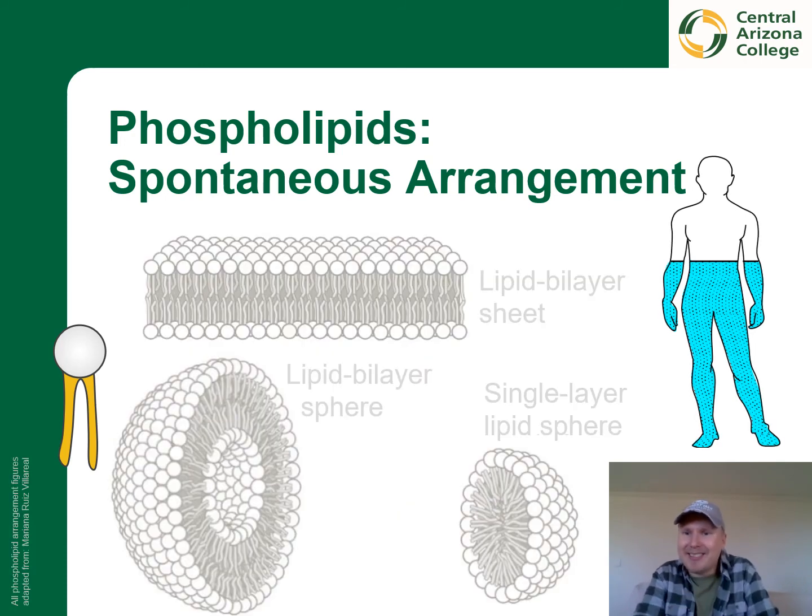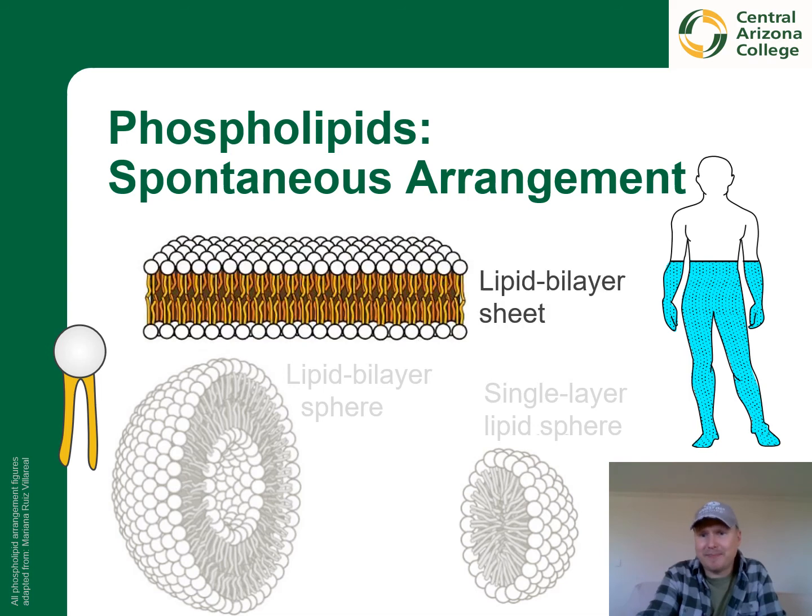And if you answered why not to have the tails facing towards each other, well done, you are onto something. In fact, this is how plasma membranes are formed spontaneously in nature. And here we see one of the most common one of these, a sheet of phospholipids as a bilayer. And this is exactly what our cell membranes are like.